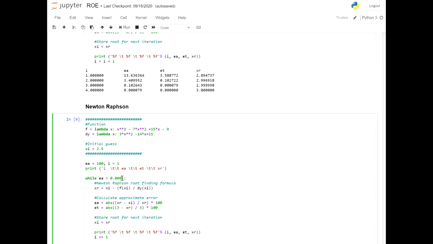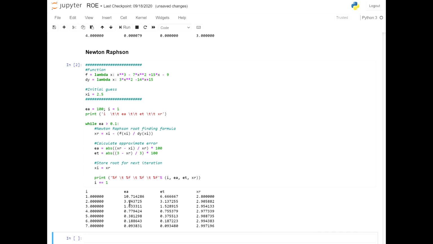Let's change the error here to 0.1. This is the same exact code that we have dealt with before. The only thing that I have changed here is the function, its derivative, and the initial guess. So let's run this code. If I use the Newton-Raphson to find the multiple root at 3, it's going to take me 7 different